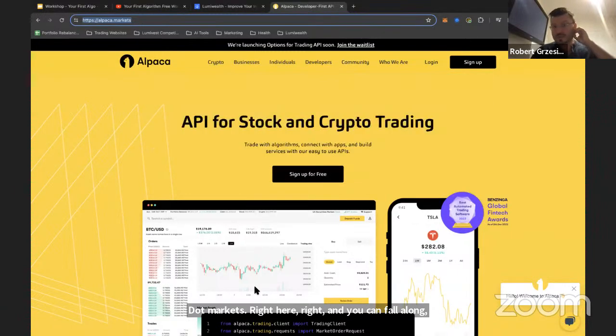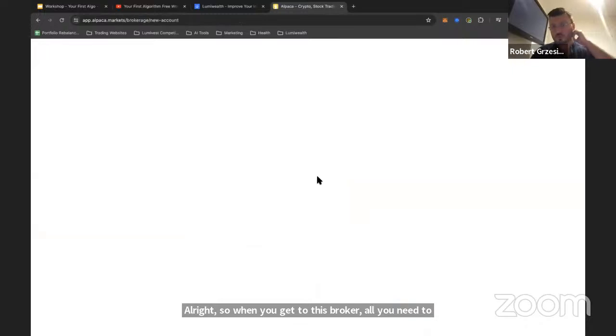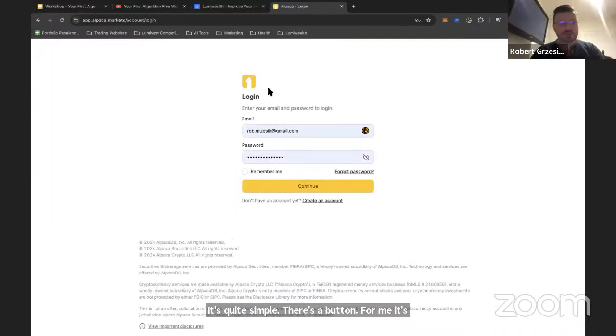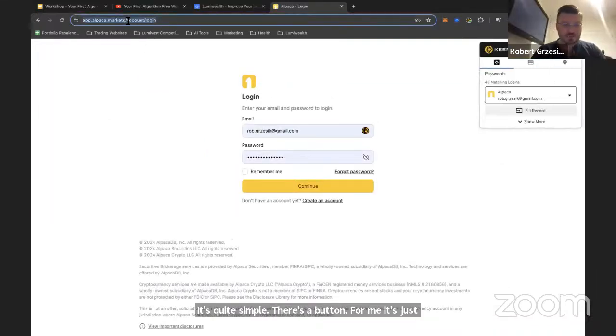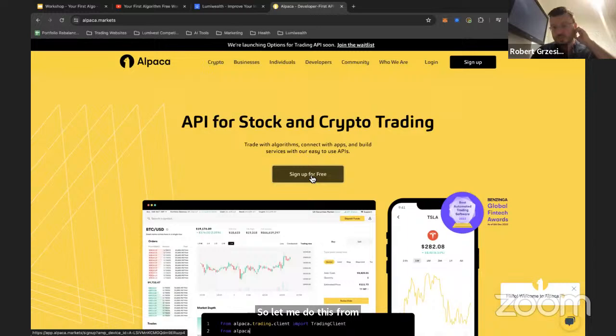When you get to this broker, all you need to do is hit sign up for free. It's quite simple. There's a button. Well, for me, it's just logging me in. Let me log out and I'll do another one. I have a bunch of accounts with these guys. So let me do this from the beginning, just so you can see how it works. Sign up for free. You click that button